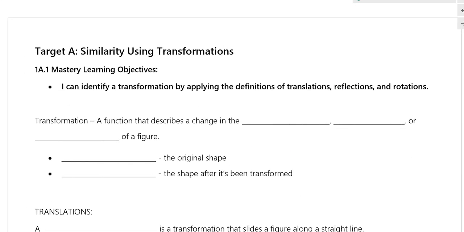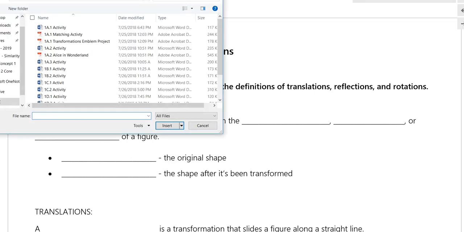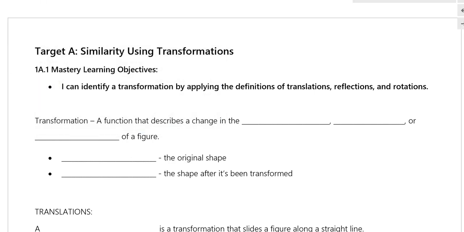And our mastery learning objective is I can identify a transformation by applying the definitions of translations, reflections, and rotations. This should be a review from Math 1. Okay, so this first topic is, you've seen it before. Okay. So, a transformation,